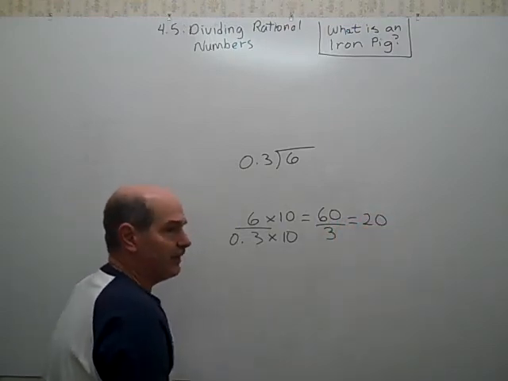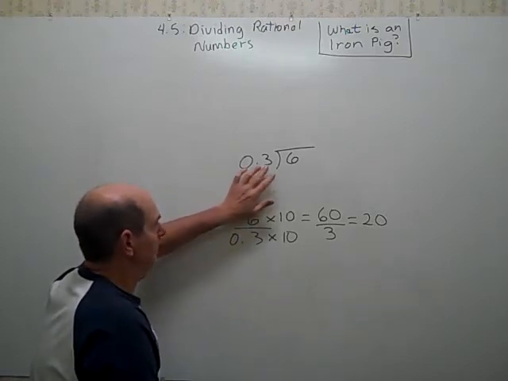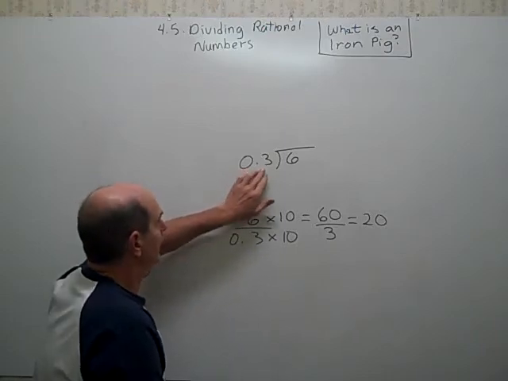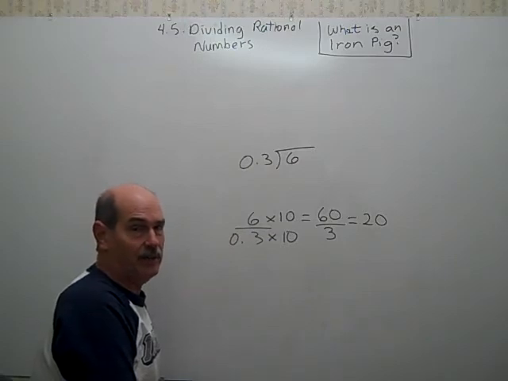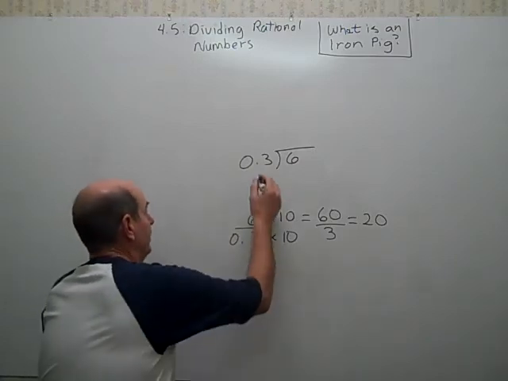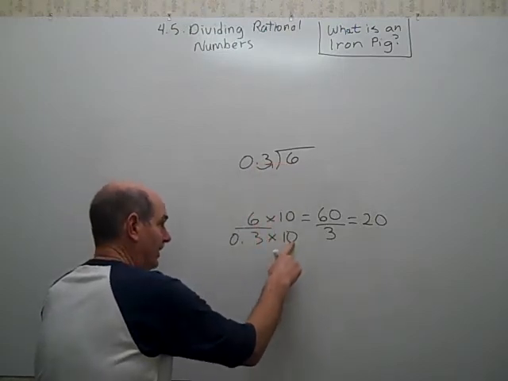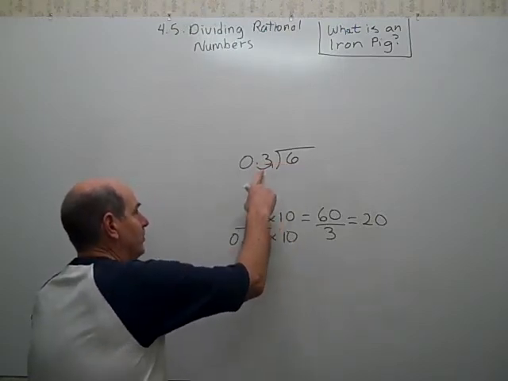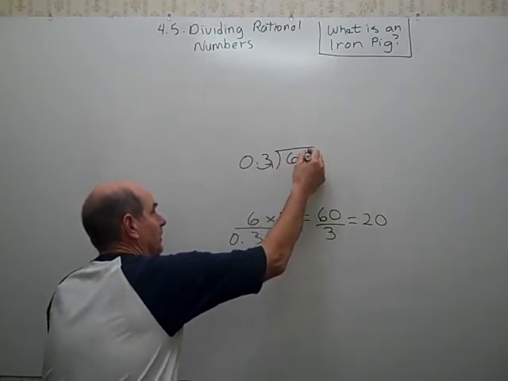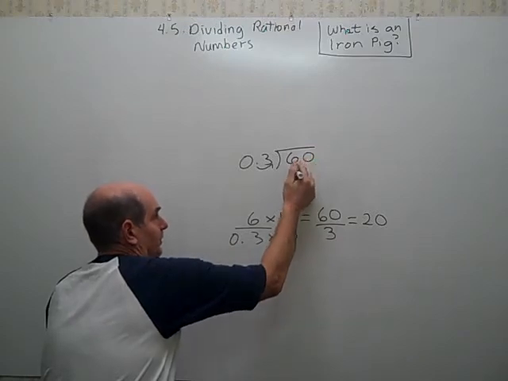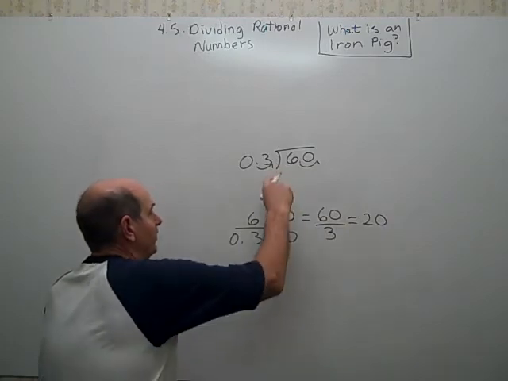You're going to follow the rule that you don't allow a decimal number to be in the divisor of a fraction or of a division problem. So you're going to slide that decimal over. What you're doing is multiplying by either 10, 100, or 1,000, or some multiple of 10. If I move it over one place, I'm multiplying by 10. And if I multiply the divisor by 10, I have to multiply the dividend by 10. So the 6 becomes 60. If I put a decimal there at 6, it would have been behind the 6. So I'm going to go over there, and now I'm going to get how many